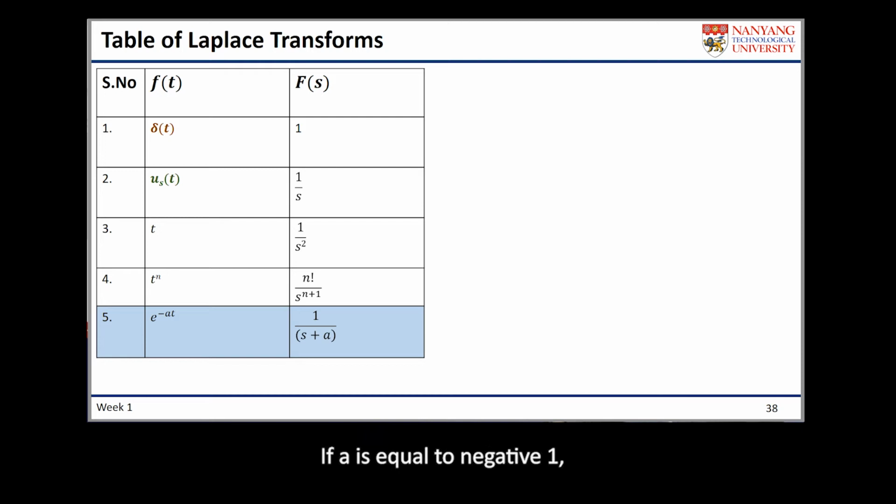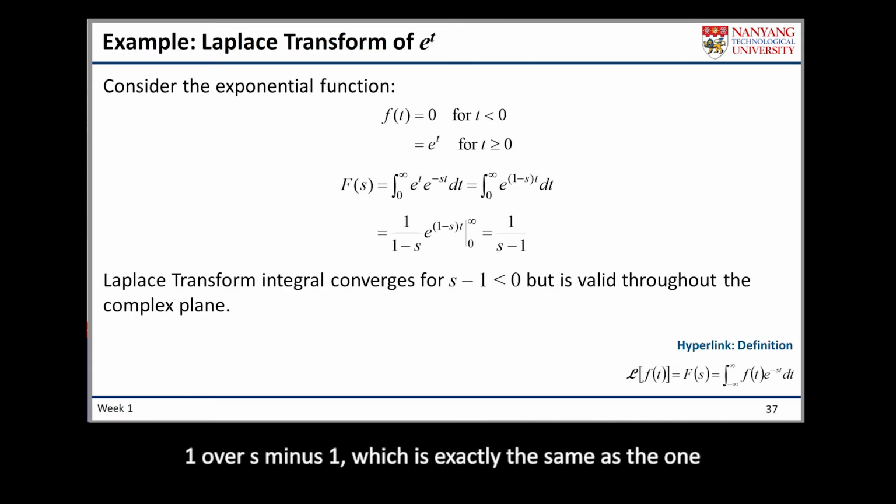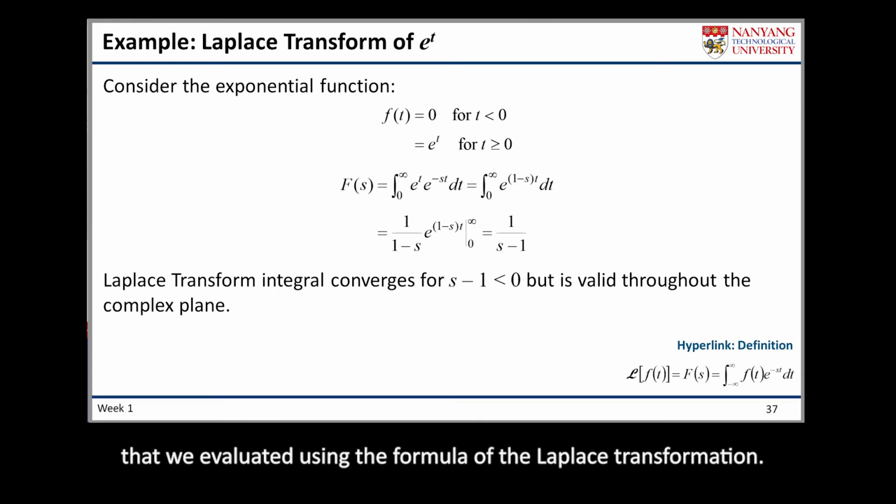If a is equal to negative 1, then this expression will be equal to exponential t, the one that we evaluated before. So the Laplace counterpart of exponential of t will be equal to 1 over s minus 1, which is exactly the same as the one that we evaluated using the formula of the